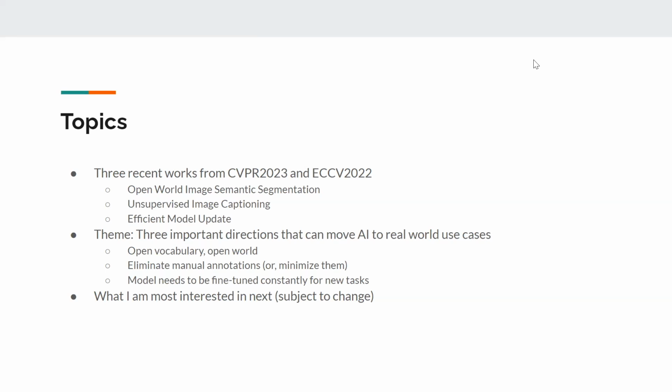And then the next topic I talk about is unsupervised image captioning. What that means is, image captioning, if you work on the topic, you know that there's a lot of supervision needed. And so how do we move towards unsupervised? And then the last one is more on efficient model update. So a lot of models,